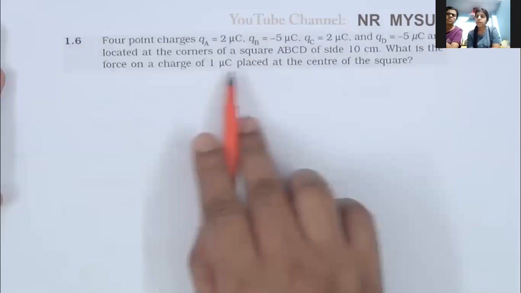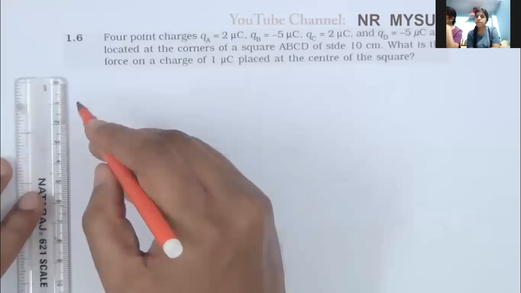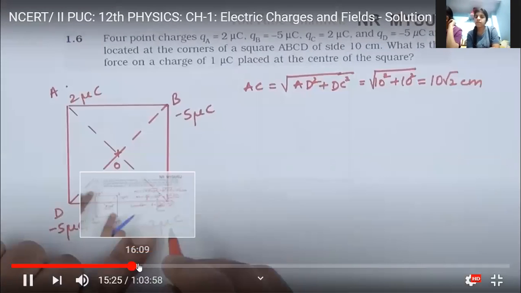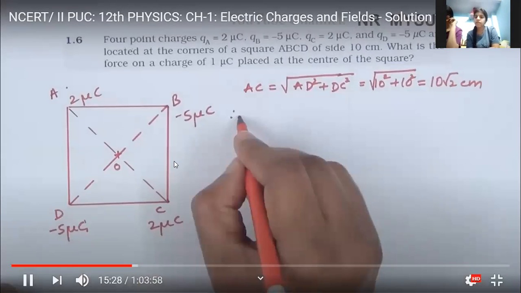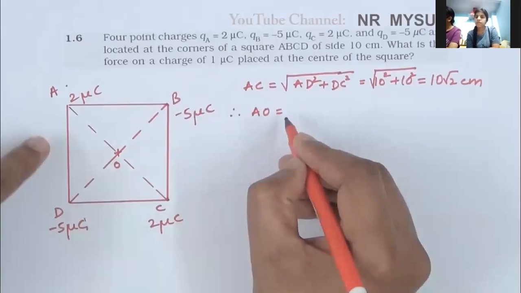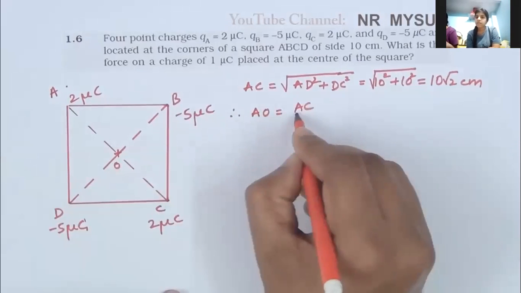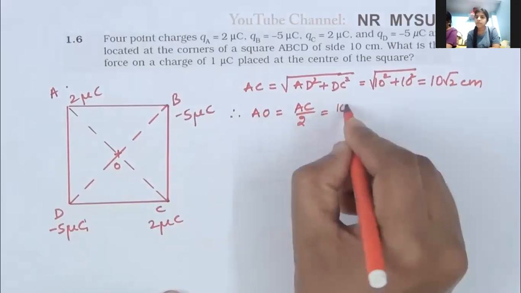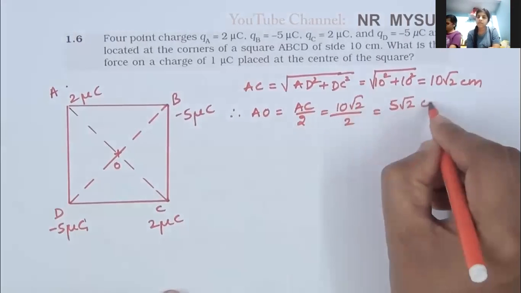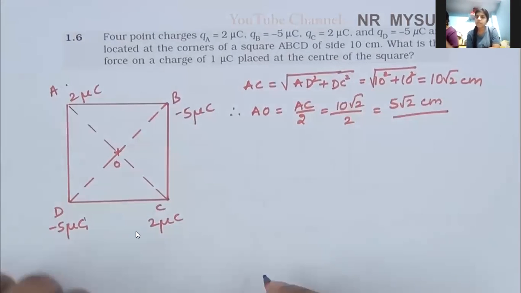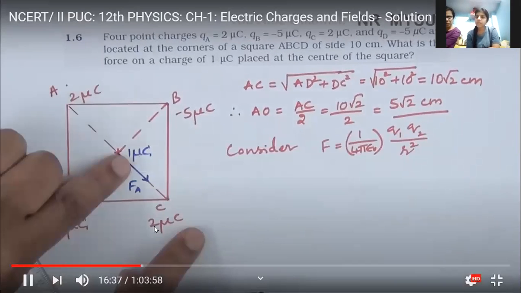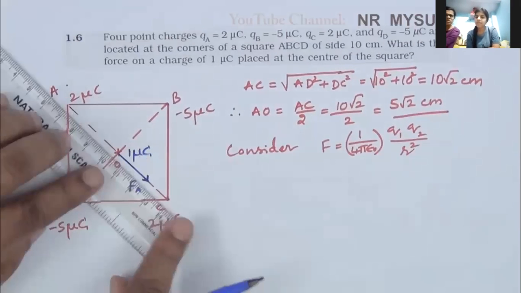Let us prove this mathematically. AO is half of AC. AC by 2, 10 root 2 by 2, which is 5 root 2 centimeter. Next, let us write the formula. There is repulsion, and the force on 1 microcoulomb is away. So due to repulsion,